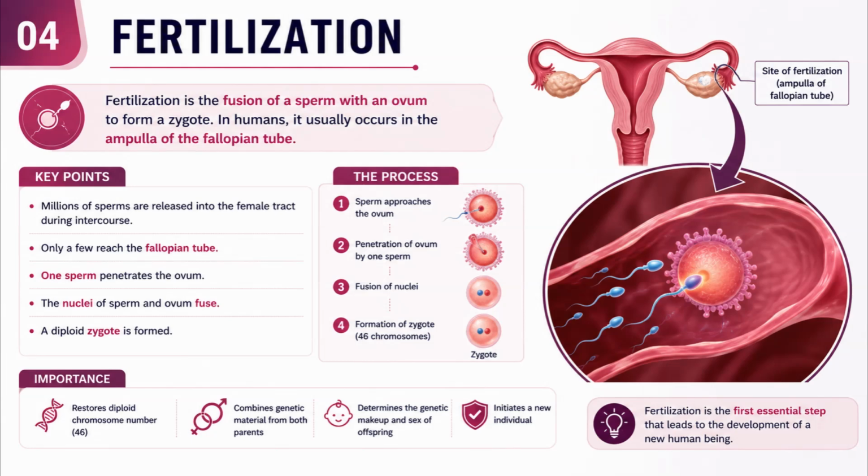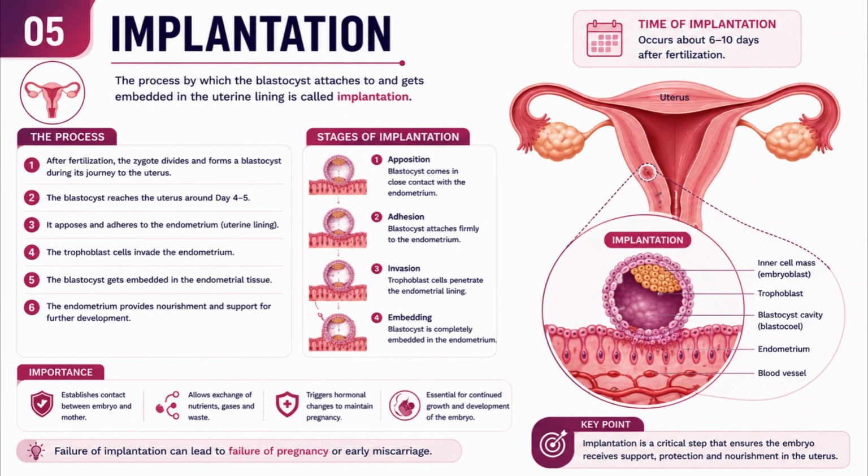Key point for students. Sperm, 23 chromosomes, plus ovum, 23 chromosomes, equals zygote, 46 chromosomes. Implantation. After fertilization, the next crucial step in establishing pregnancy is implantation. Implantation is the process by which the developing blastocyst attaches to and becomes embedded within the lining of the uterus, known as the endometrium. Without successful implantation, pregnancy cannot continue, making this one of the most critical stages in human